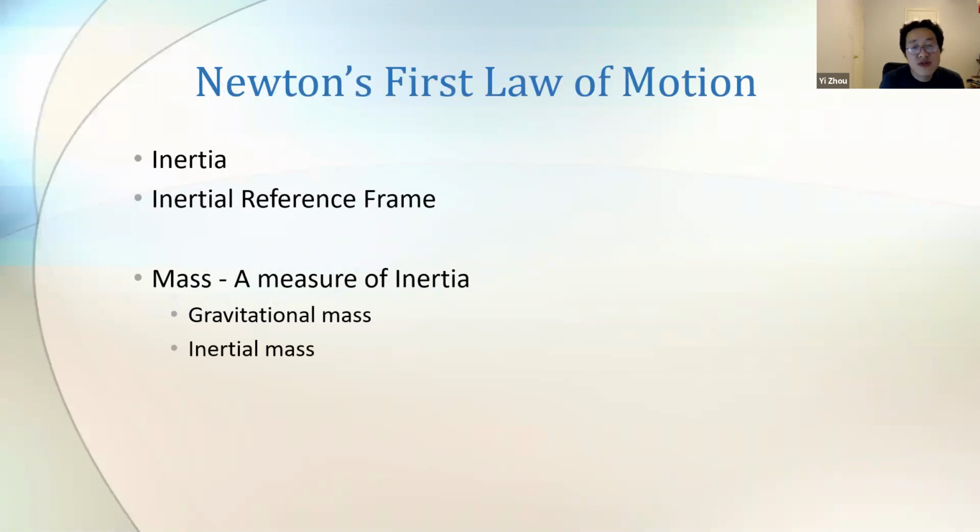Okay, now let's go to Newton's laws. Newton has 3 laws, right? The first law is about inertia. Who can tell me what Newton's first law is? An object that's in motion stays in motion. Yes. Objects stay still or in constant motion if they are not disturbed, basically, if there's no force working on them.